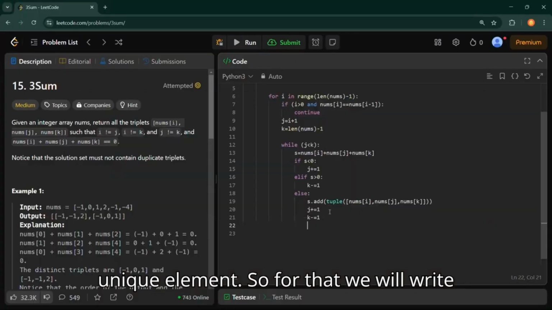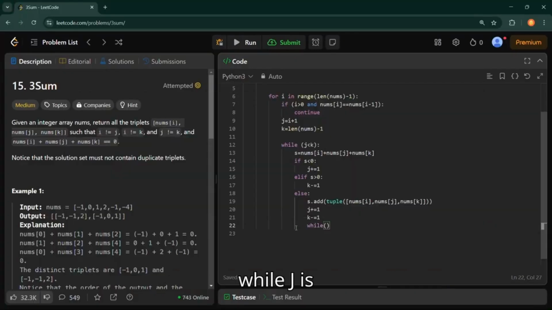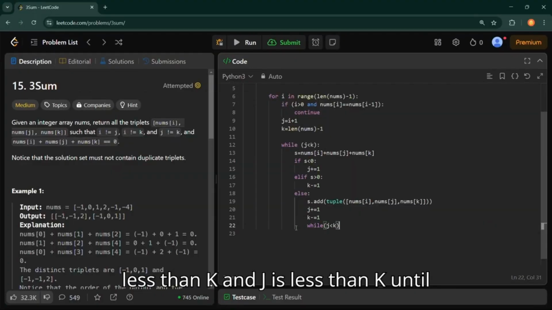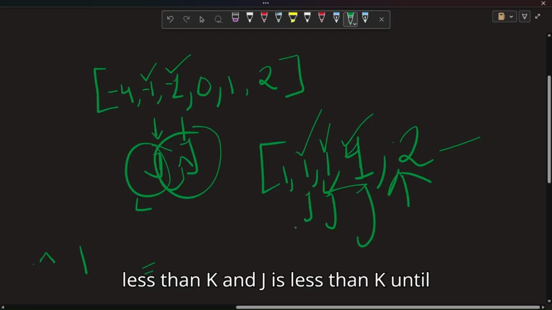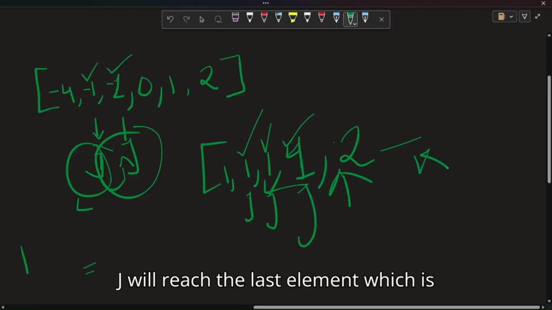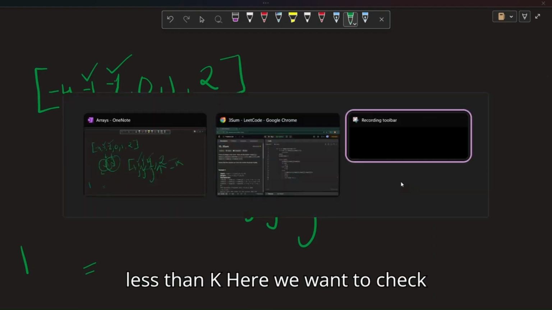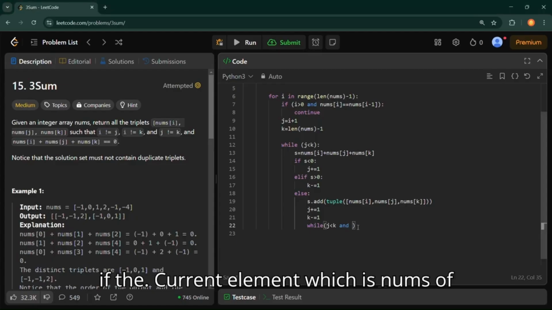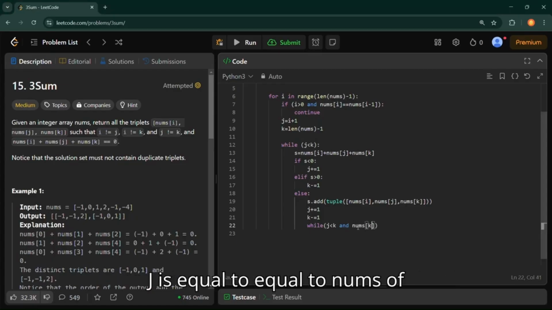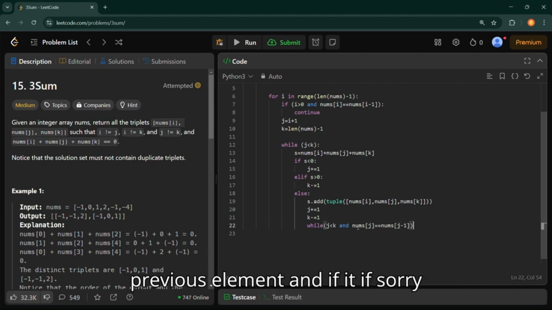For that we will write while j is less than k, until j reaches the last element which is less than k. Here we want to check if the current element, which is nums of j, is equal to the previous element.